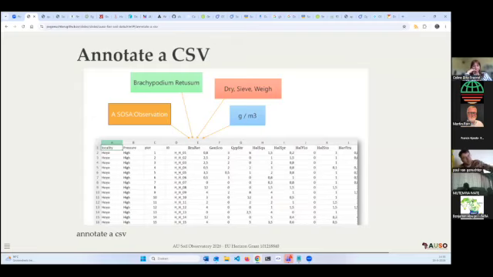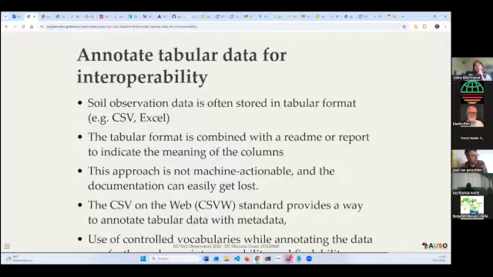So for this sampling campaign, we measured this species Brachybodium retosum in gram per meter 3, and we use a procedure of dry sieve and weigh, and the thing itself is a SOSA observation. So this is an approach that we're now experimenting with in the Solwise project, and we think it's a very feasible approach to annotate existing data sets prior to their harmonization, to enrich the harmonization aspect.